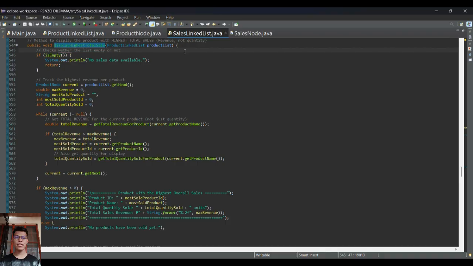The display highest total sale method is used to determine and display the product that has earned the highest total sales revenue. In other words, it identifies which product has made the most money overall based on the sales record. First, the method checks if the sales list is empty by calling the isEmpty method. If there are no sales, it prints a message saying no sales data available and exits the method right away